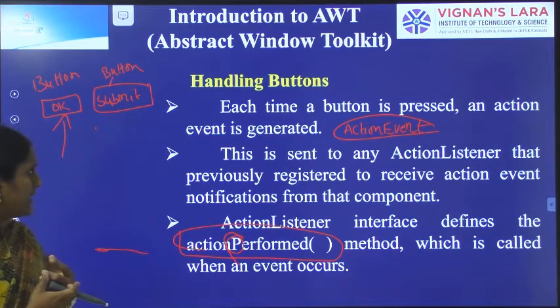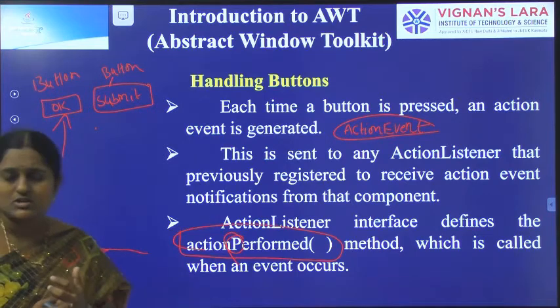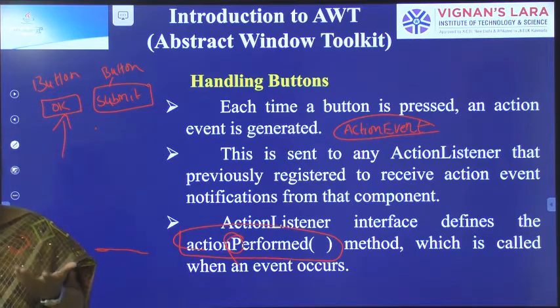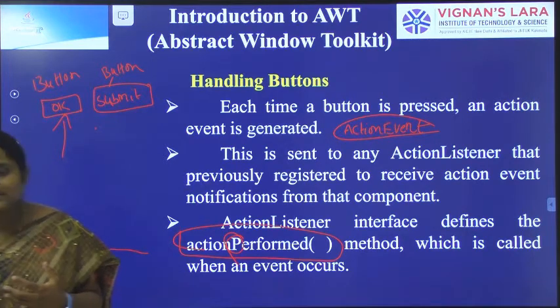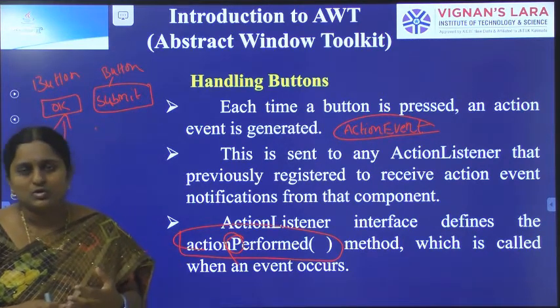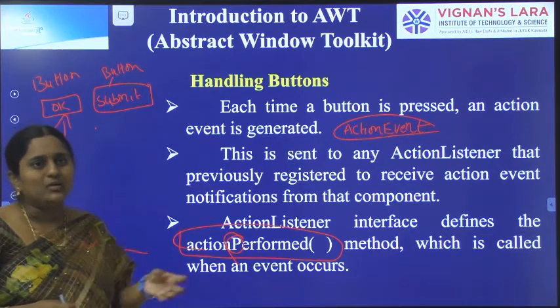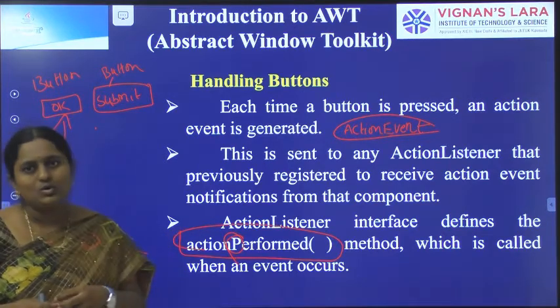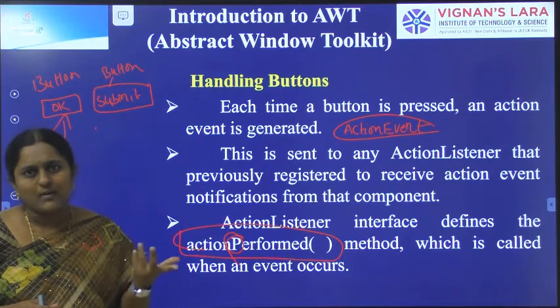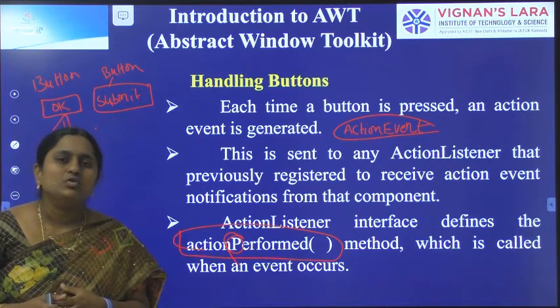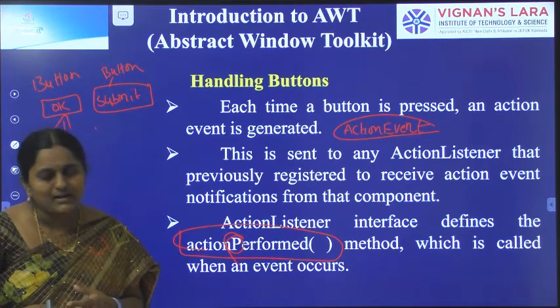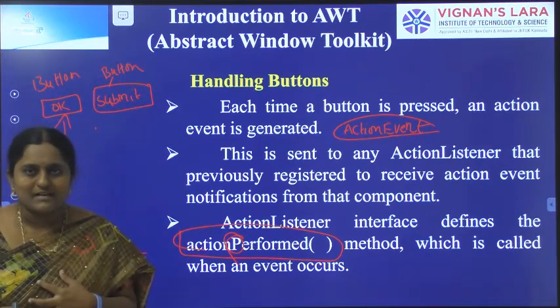Suppose you want to implement the buttons concept in a program, so what is the template? First you have to import the packages. So what are the required packages? Then we have to add the button component to the container. For every component we create an object, and after creating the object of the class, the next step is to add these components to the container. What is our container? Applet.